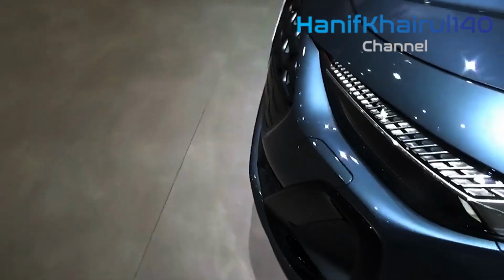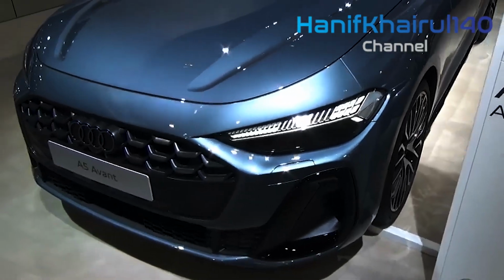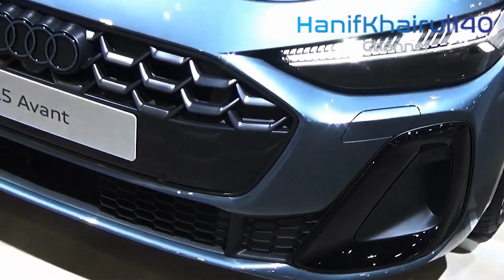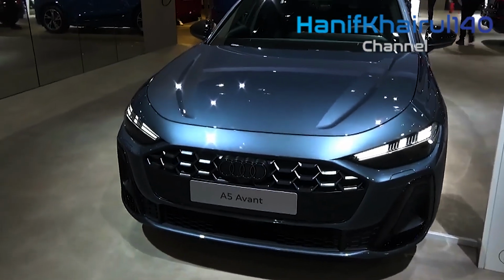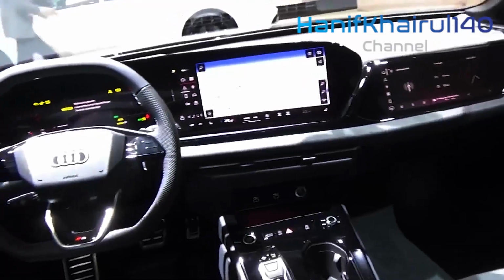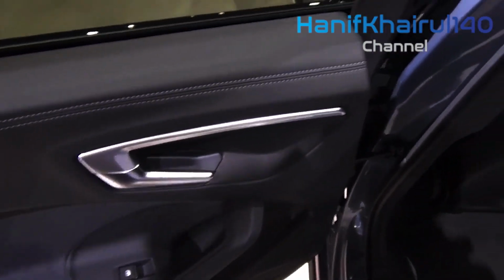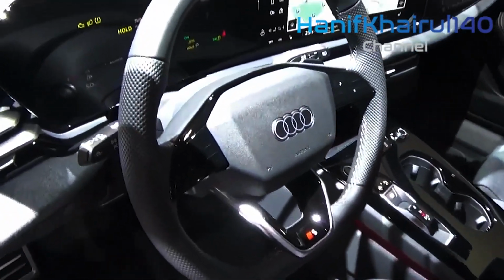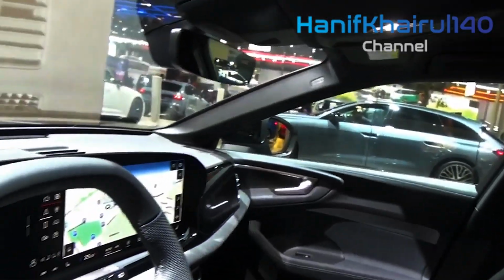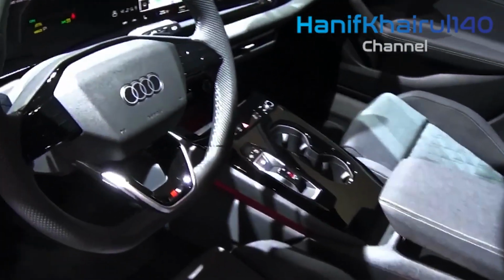The 2026 Audi A5 Avant represents a sophisticated evolution of Audi's renowned Avant lineup, seamlessly merging luxury, practicality, and advanced technology. The exterior design reflects Audi's commitment to modern aesthetics, featuring a streamlined silhouette, a bold front grille, and sharper LED lighting signatures. The vehicle's aerodynamic improvements contribute not only to its visual appeal, but also to enhanced efficiency and driving stability. With a longer and wider stance compared to its predecessors, the A5 Avant embodies a dynamic yet elegant